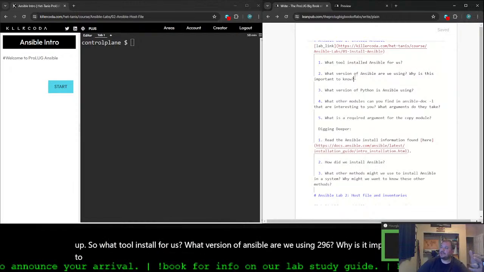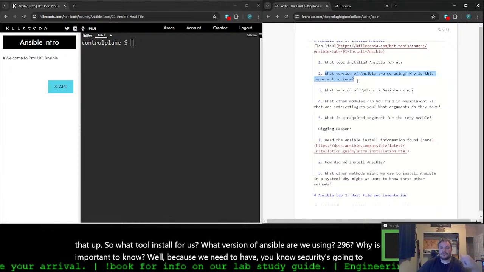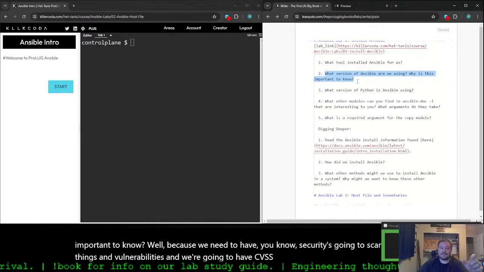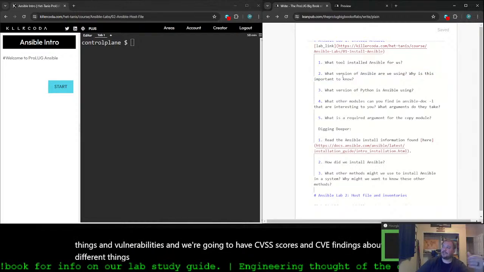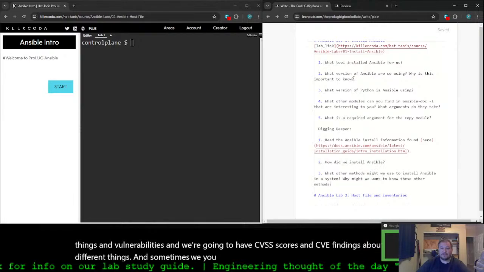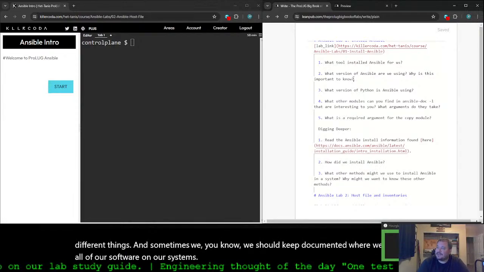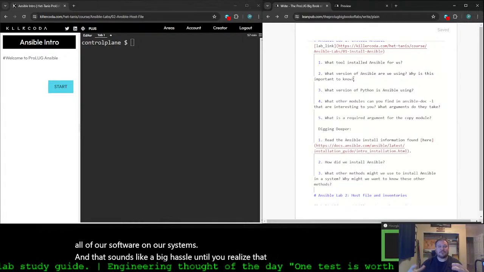Well, because security is going to scan for things and vulnerabilities, and we're going to have CVSS scores and CVE findings about different things. And sometimes we should keep documented where we have all of our software on our systems. That sounds like a big hassle until you realize that you really should only have so much software on systems.